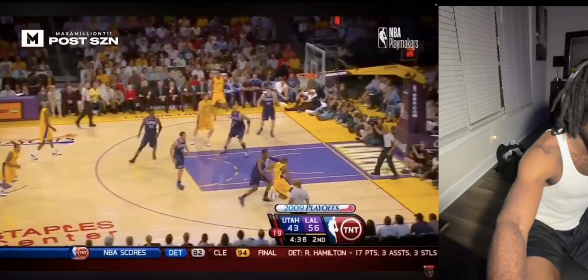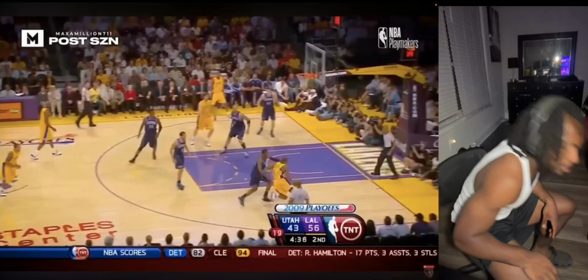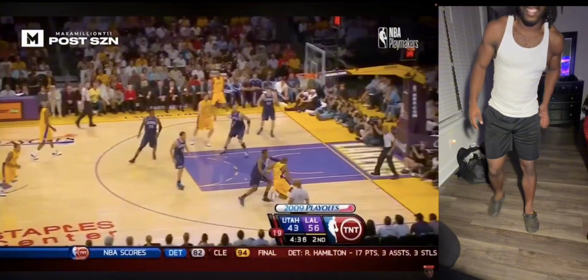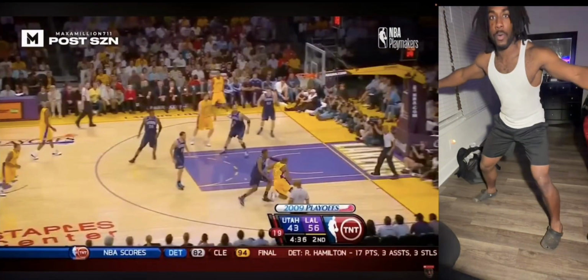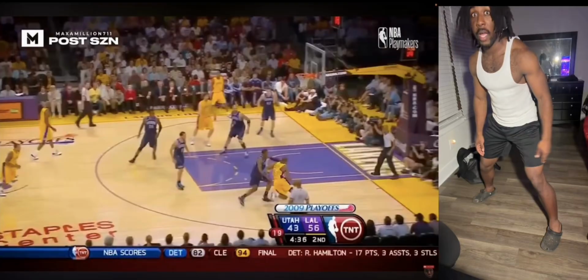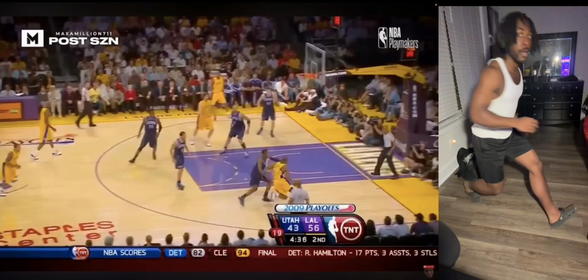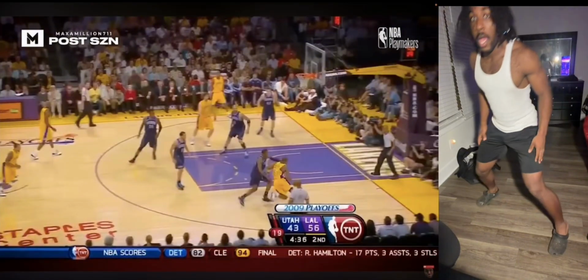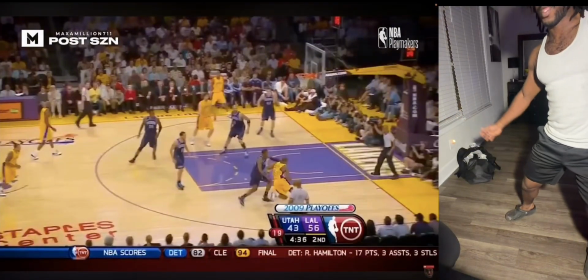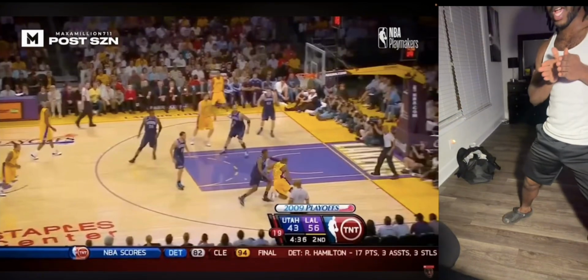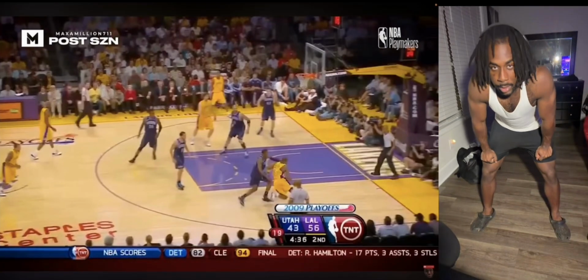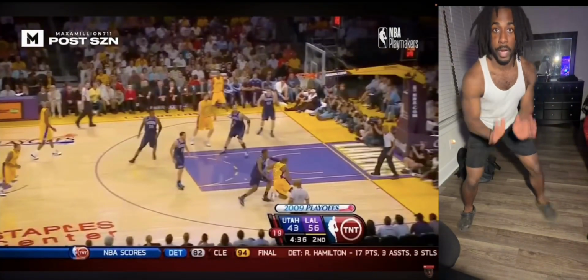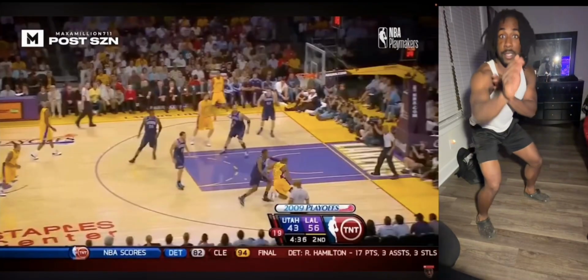The reason why he was late, defense 101. The reason why he was late is because he had his left foot up. So he was like this. Boom. If someone drives this way, you can't turn this way to get in front. Now, if you see somebody ripping, your footwork is here. You want them to meet you here in your chest. It's kind of similar to when you see offensive linemen on the line, when they're here and they're here, it's similar to that.